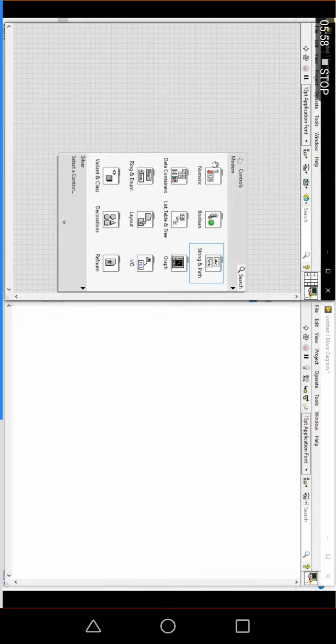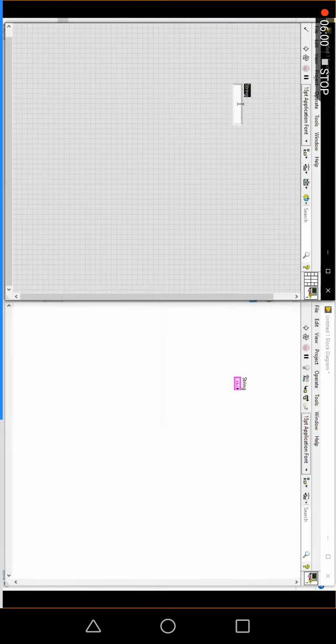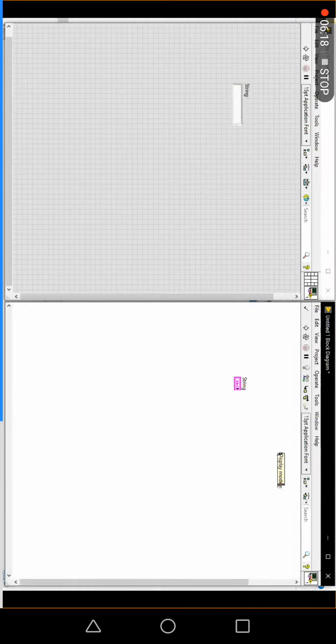So I'm going to take a string control here. In the string control, the first thing is the color, which will be pink. Apart from the color, one of the questions we may expect is that a string has some display modes available. Kindly note down the display modes for a string control.